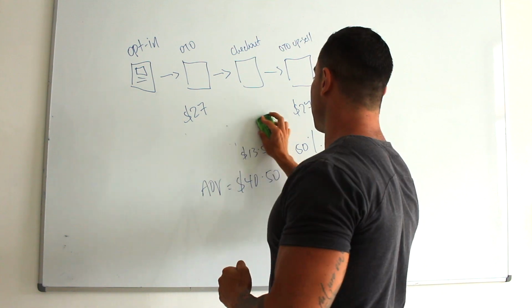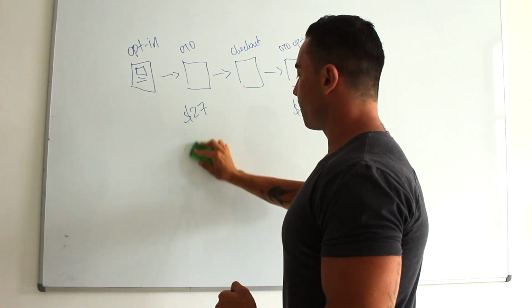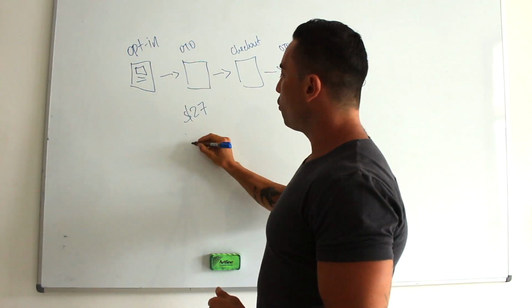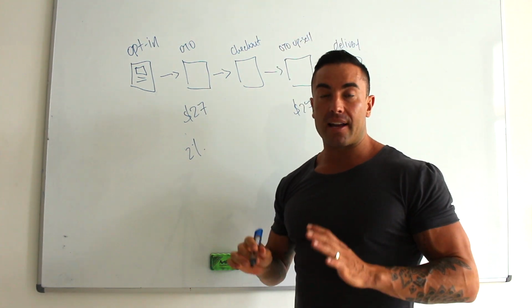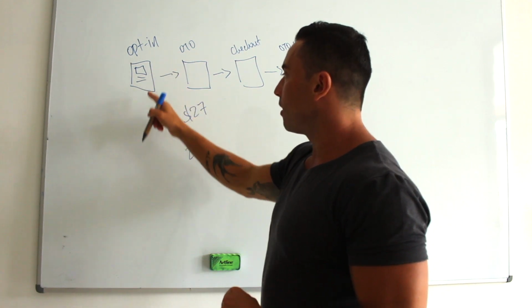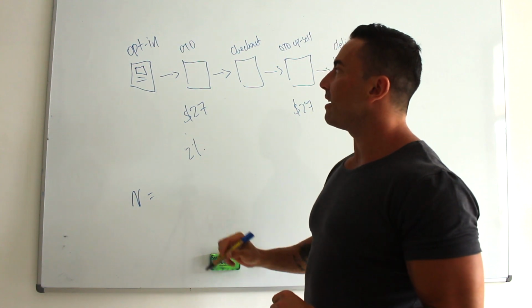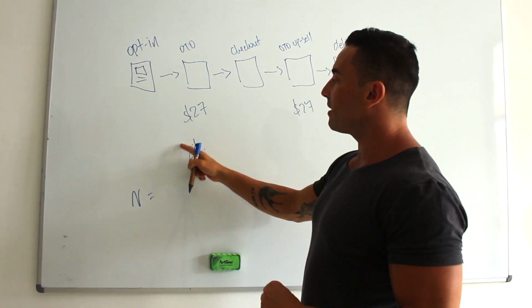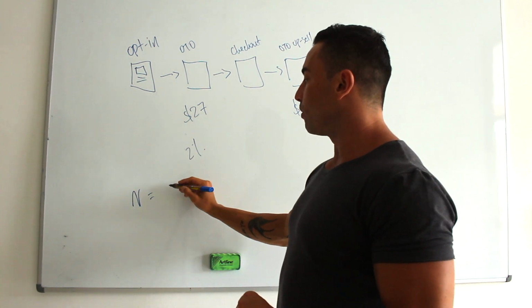So we can work this out really simply. Let's say, for instance, that from everybody that opts in, only 2% of the people buy this program. Okay, let's work off this number right now. What we need to figure out is how many opt-ins, N, we need to get a customer. If we have a 2% conversion rate on this page right now,